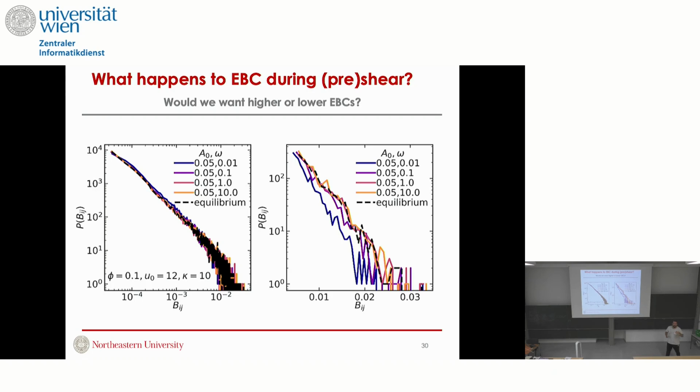The idea was, okay, now I'm doing a small amplitude oscillatory shear on the same structure. What happens to the EBC values? So if I look at the overall structure, this is just at one amplitude of 0.05, relatively small, and these are all in DPD units, but at different frequencies, I don't see much of a change. But then the important thing is I only care about the high edge betweenness centrality values. So the tail of this, which is this one. And it turns out